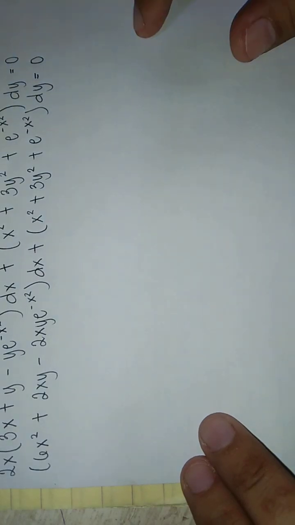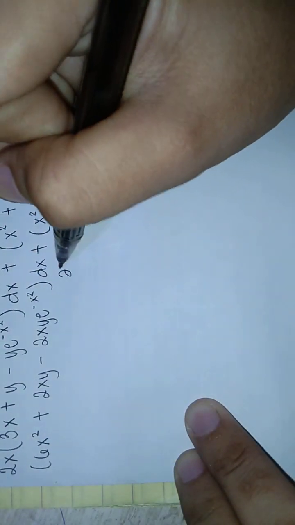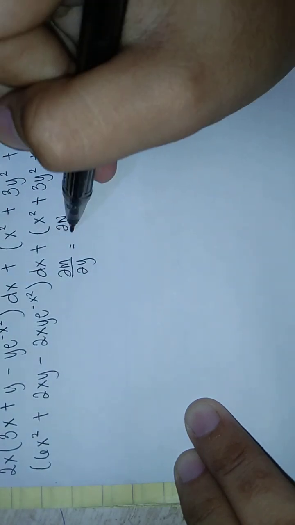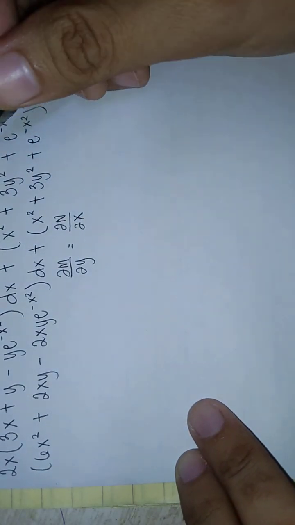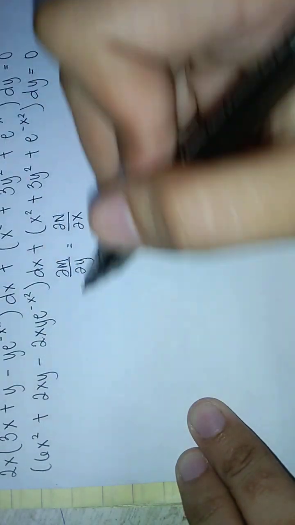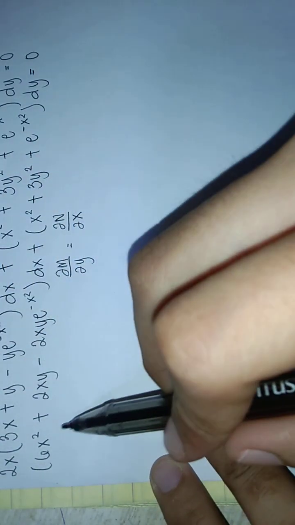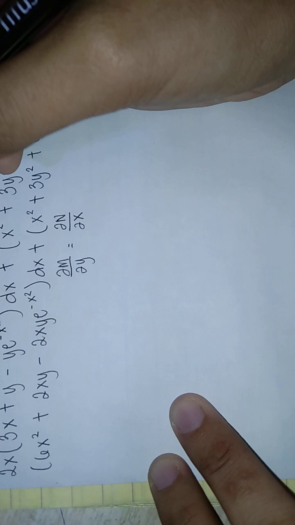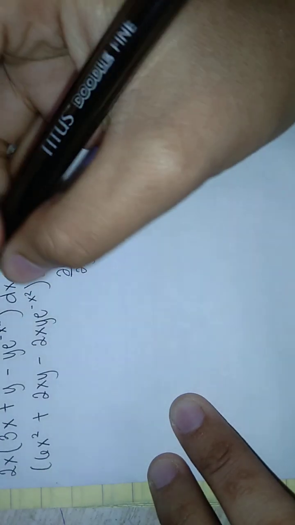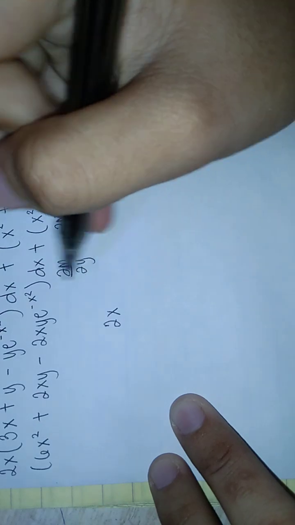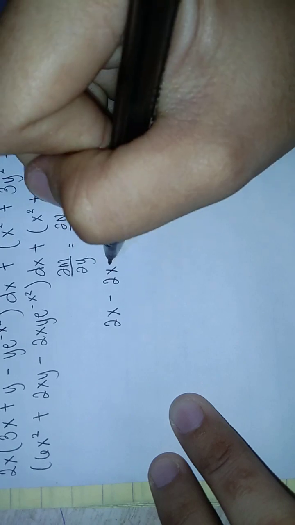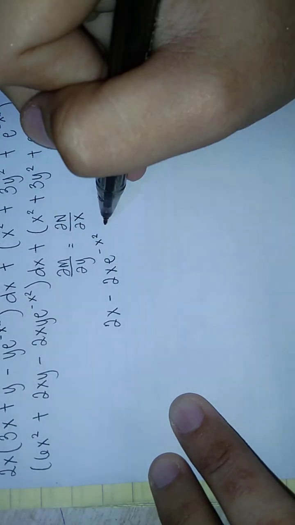Now let's test for the exactness. We need the value of this one equal to the value of this one. As usual, we'll be using this to solve this one. With respect to y, we're just going to derive this equation. Now we'll have the derivative of 6x squared is simply 0. Derivative of 2xy is 2x, and the derivative of 2xy e raised to negative x squared is negative 2x e raised to negative x squared, is equal to,